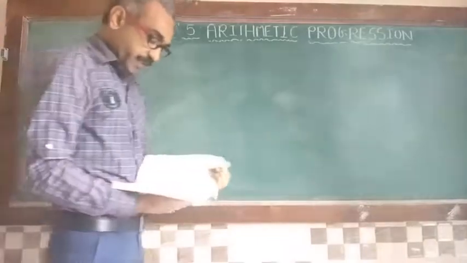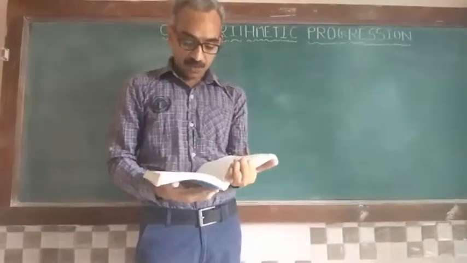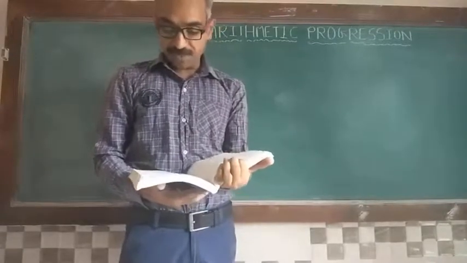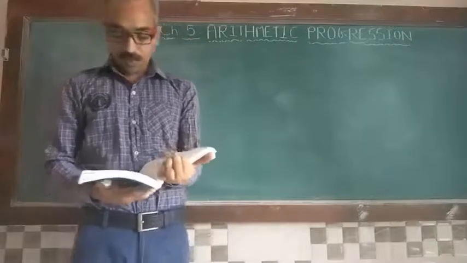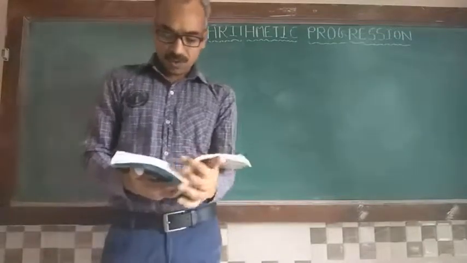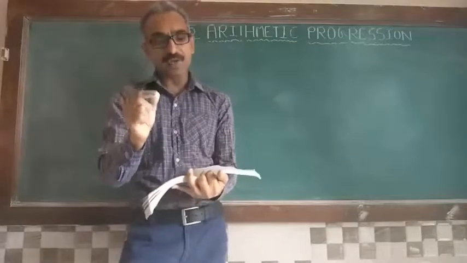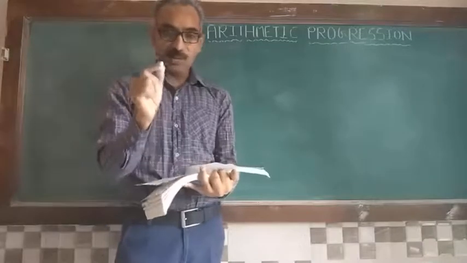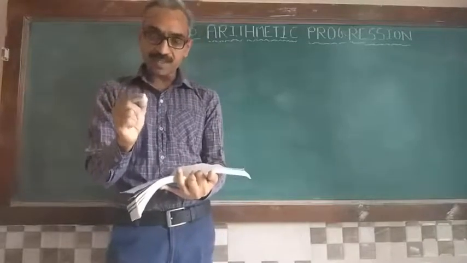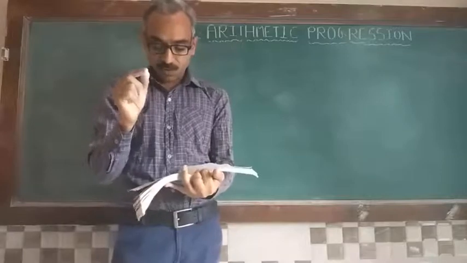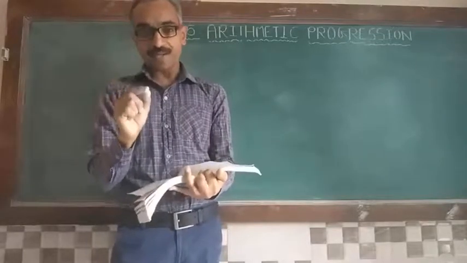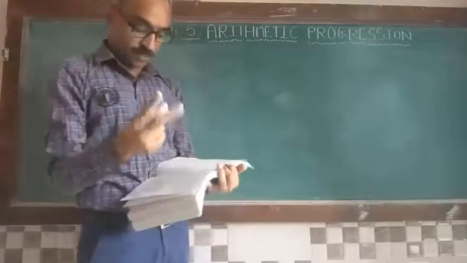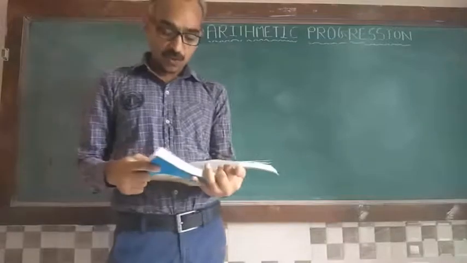Now your 10th example is that, so that A1, A2, A3 up to AN form an AP where AN is defined as below. You are given nth term. So simply you have to put n is equal to 1 so you can get your first term. Put n is equal to 2, that is your second term. Put n is equal to 3 in the nth term, that means you can get your third term. So we can show that the common difference is always same between the consecutive two terms, so it is an AP. Do yourself.